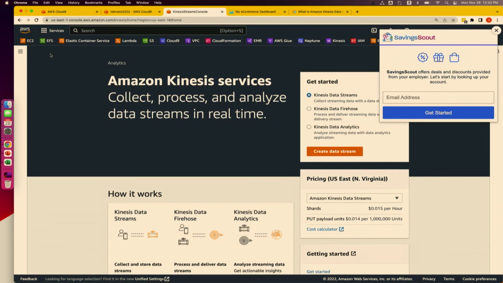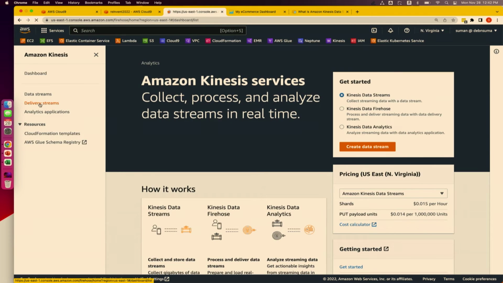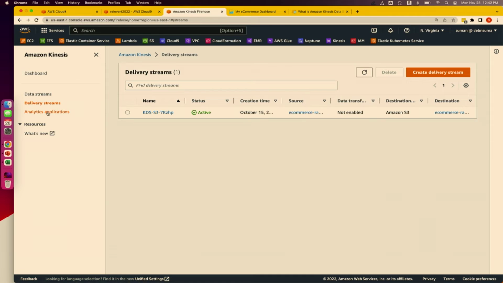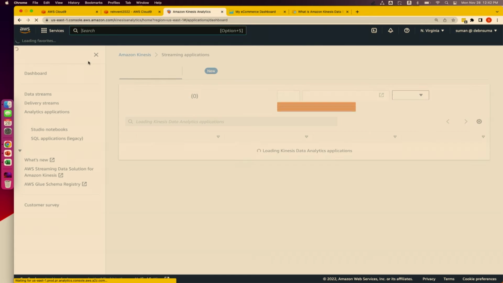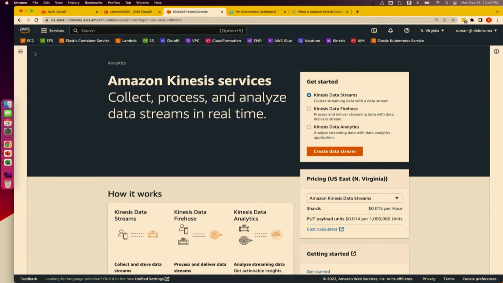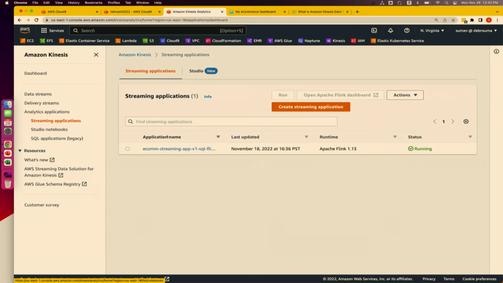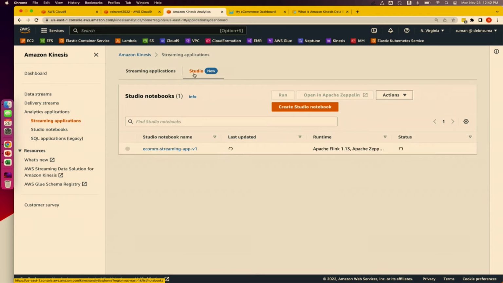If you come to Kinesis, there are different ways that we can create a Flink application. I'm going to show you how you can easily create a Flink application using a Kinesis notebook. If you come to the Kinesis dashboard and come here to data analytics, you will see I have already created this application, but I'll show you how I created it.